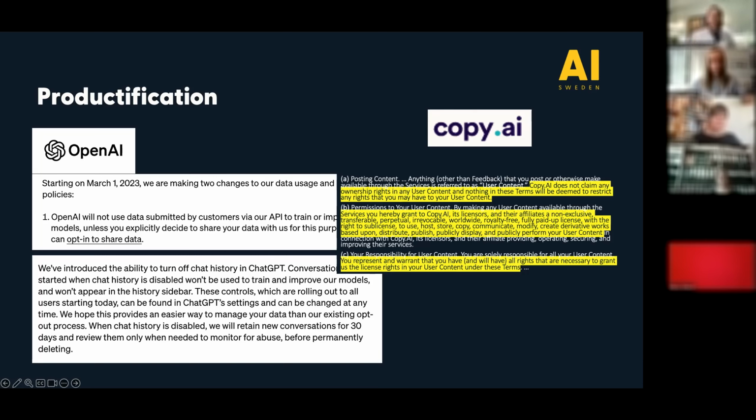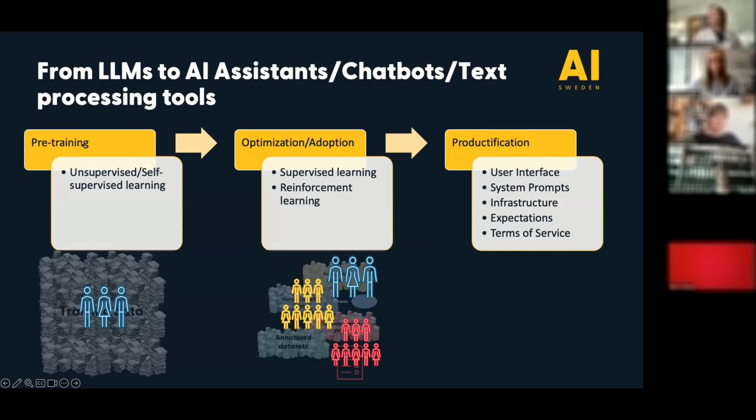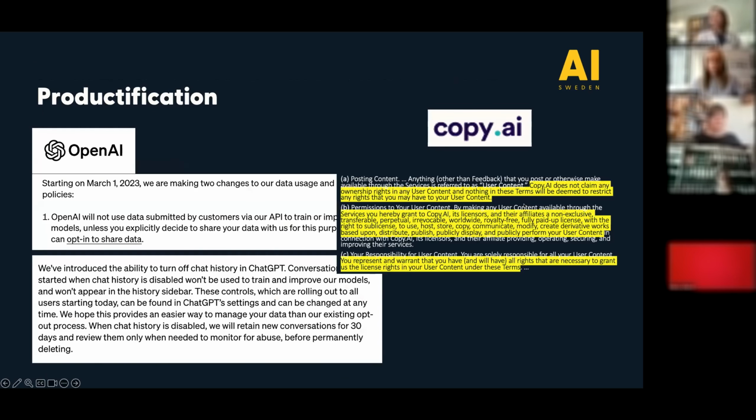Before I continue, if we take one step back again to this whole pipeline, these models are today often optimized for English language applications. So all this adoption phase, the fine-tuning, is done with English use cases in mind. And this is proving valuable if you use the models in English, because they are quite safe to use in English. But as soon as you switch languages, you run into issues that the models do not work as intended by the developers. Other issues are the terms of service, data privacy, and so on.